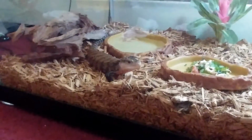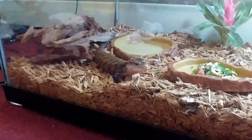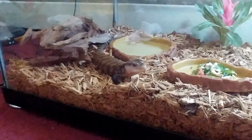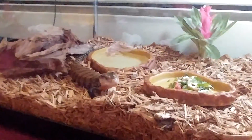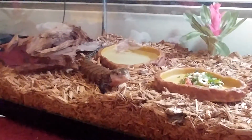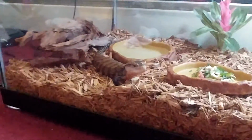A little bit about this skink. The Indonesian blue-tongued skink likes a little bit more humidity than the northern blue-tongued skink, which is the most common skink that you will find among the blue-tongued skinks in the pet trade. Also, they don't get quite as big as the northern blue-tongued skink by weight. However, the Indonesian blue-tongued skink does stretch out to be the longest blue-tongued skink. Because of the size difference, though, in weight,